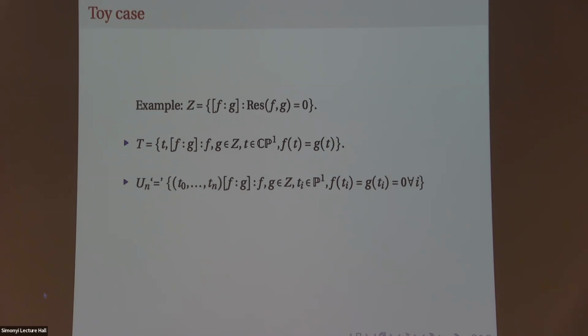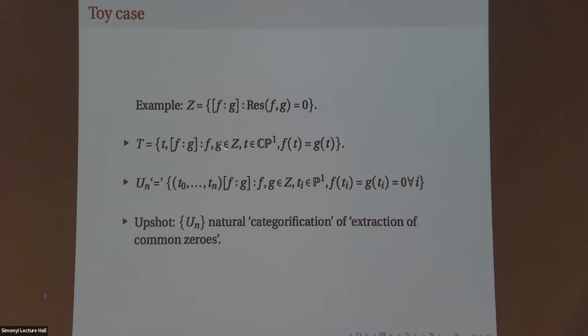And Un, so U0 is this T, and Un, which is essentially extracting n plus 1 common zeros, is giving us the upshot that the modified descent over the space Un,